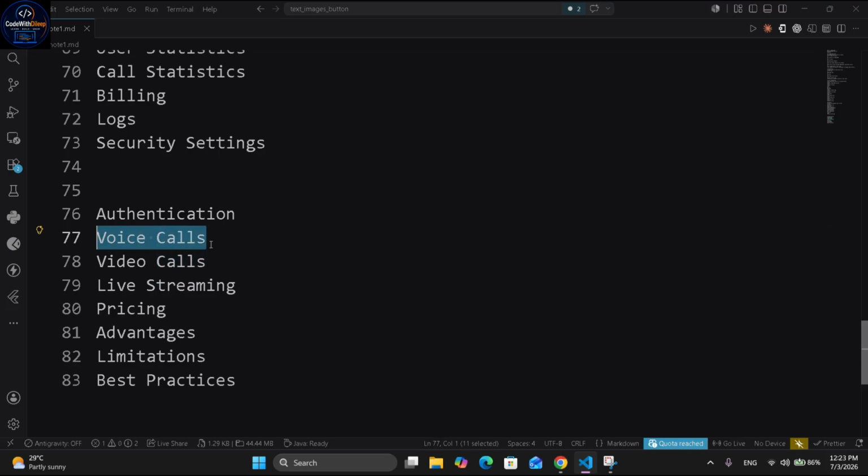Then voice call. Voice calling allows users to communicate using audio only. Features include mute, speaker, Bluetooth support, background calling, noise reduction, reconnection, call duration, call events. Then video calls. Video calling supports front camera, rear camera, switch camera, mute video, screen sharing, beauty filter, network detection, SD video, adaptive bitrate,